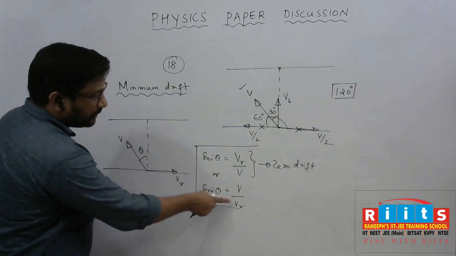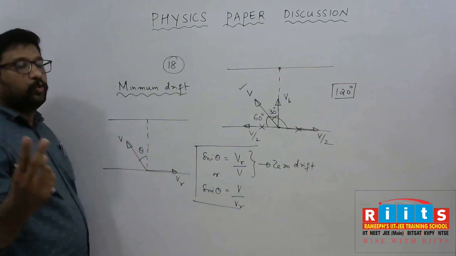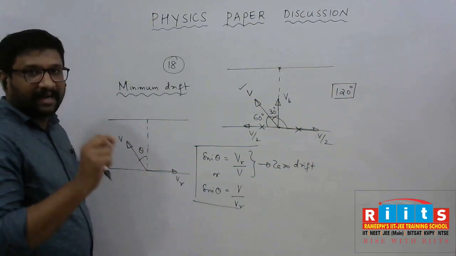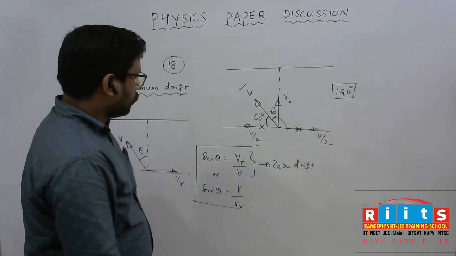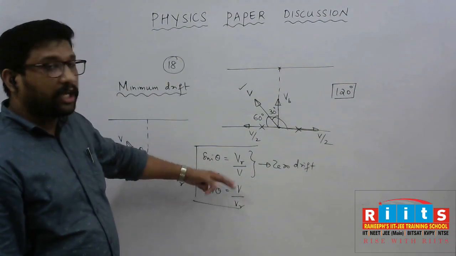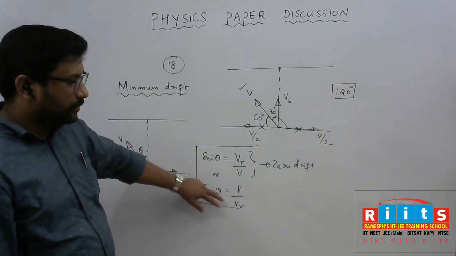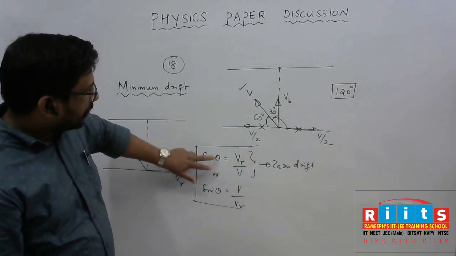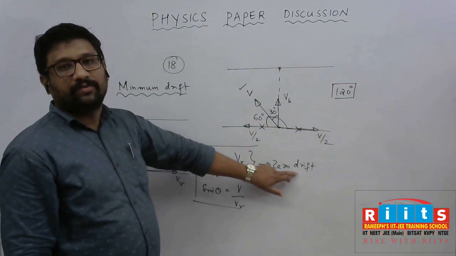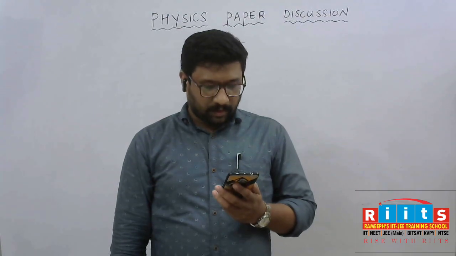But if you substitute the value in the other equation, you get V by V by 2, which is 2. The sine theta value cannot be 2. Is it clear? The maximum value of sine theta is 1. So you can remember these equations. Either one of these will be the answer, and you can select the most suitable one accordingly. If the format comes according to the VR by V equation, zero drift will always happen. You can use this formula handily.